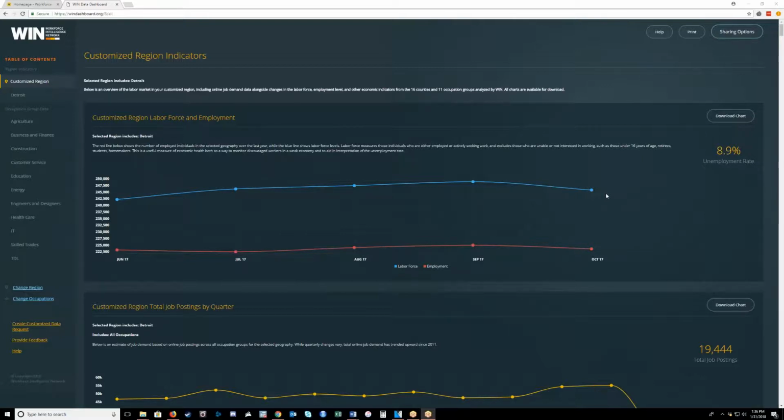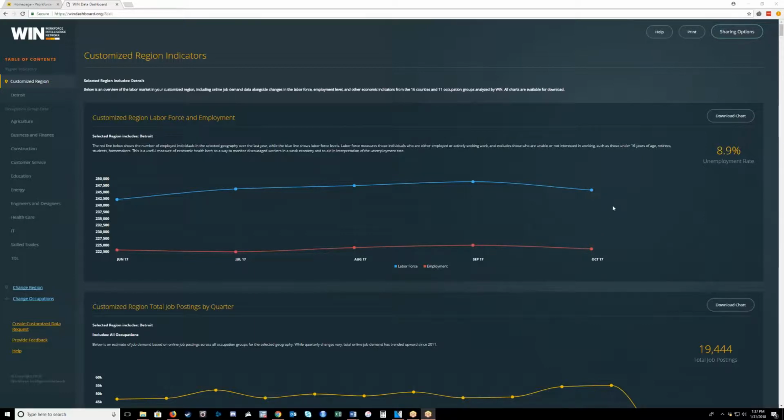For example, let's see what the labor force number was like during October of 2017. Hovering the mouse over the node will tell us that during October 2017, there were over 246,000 people in the labor force. The same can be done for employment, where we can see that in October, there were 224,000 people employed.